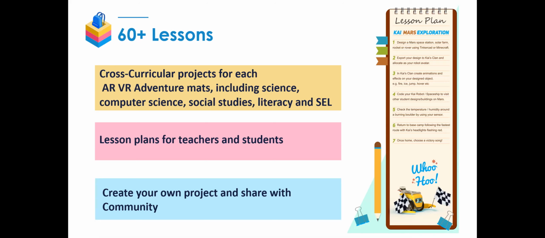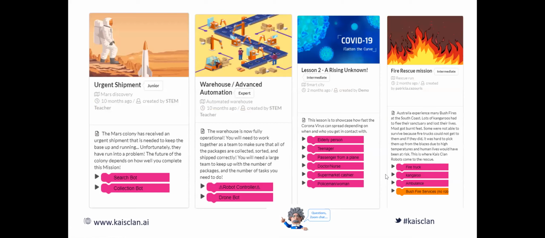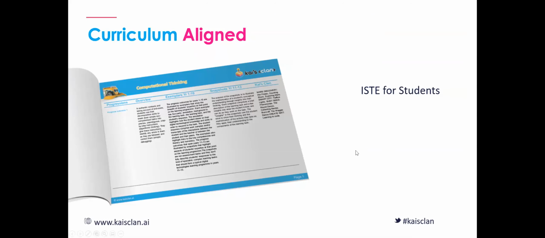You'll see we've got different levels. Kai's Clan is aimed at 7 to 15 years of age. Here you'll see there's junior, intermediate, and expert. That's elementary, middle school, high school, and then college as well. Depending on what level you are, there's something for everybody. We're busy working with ST for the student alignment. And then